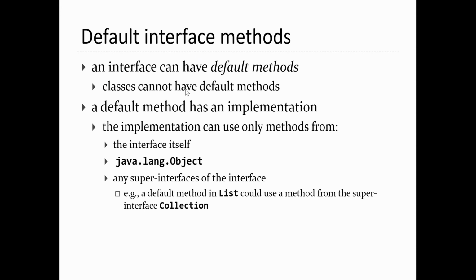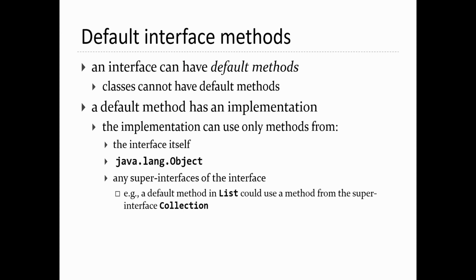So an interface is allowed to have default methods. Now, classes are not allowed to have default methods. So default methods only exist in interfaces. Default methods have an implementation, unlike most methods in interfaces. And the implementation can only use methods from the interface itself. Now, it turns out you can also use the methods from java.lang.Object, but it's a little bit odd if you do so. You can do that because every